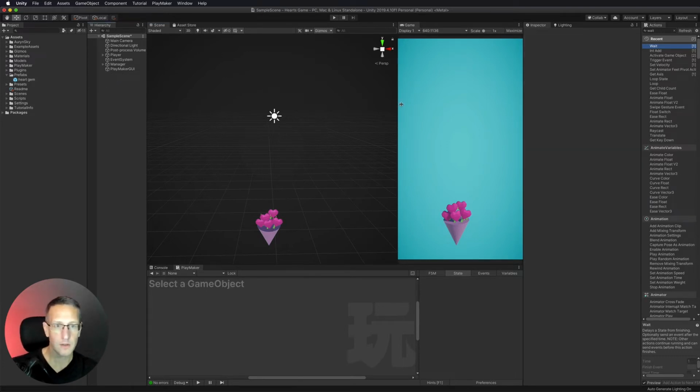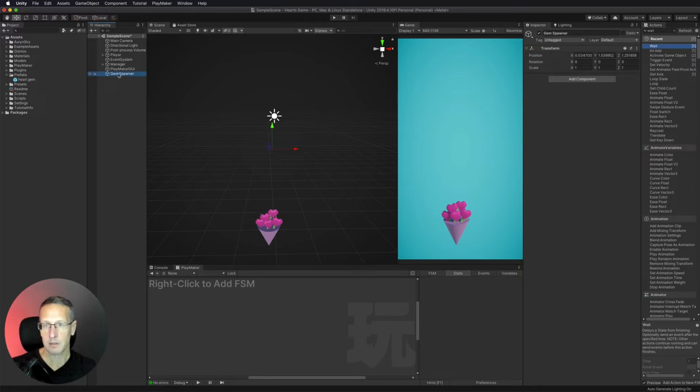Now, next thing I want to do is generate those gems up here in the top part of our scene. And so what I want to do is create a spawner. So I'm going to create a new game object, and I'll call this gem spawner. And then I want to again set up a manager for my spawner placement. Okay, and then it's also going to control the spawning of the game objects themselves, the gems.